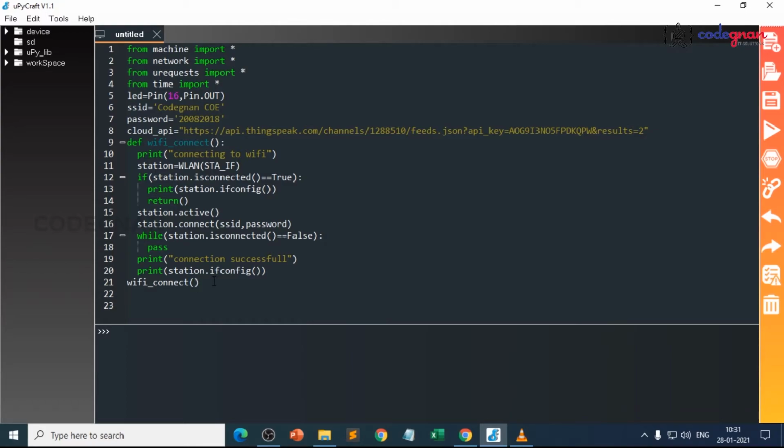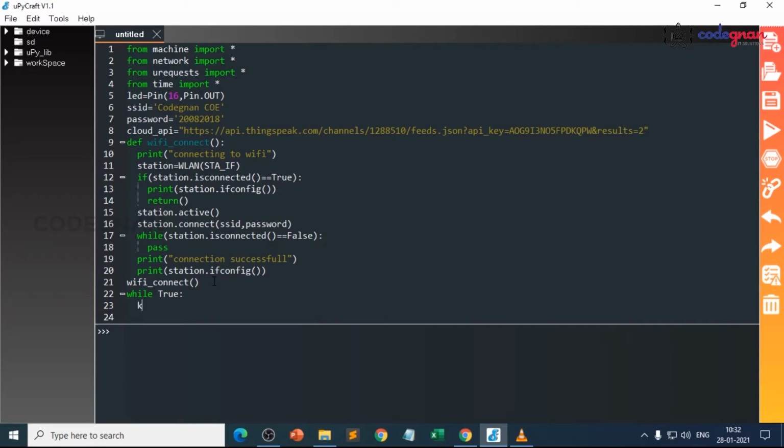Now we'll write a small cloud function here. While loop, while true, then we need to read this API here.